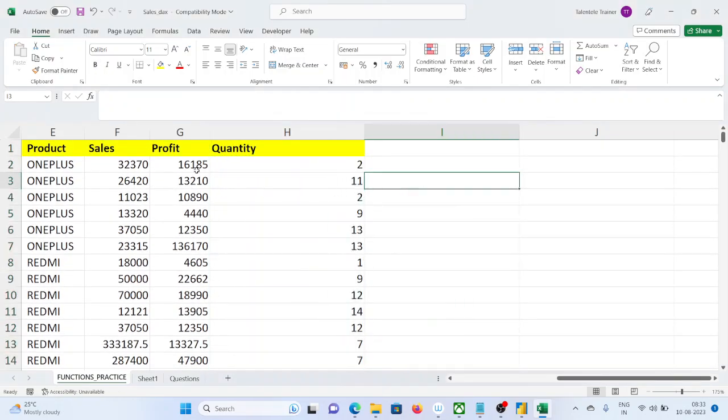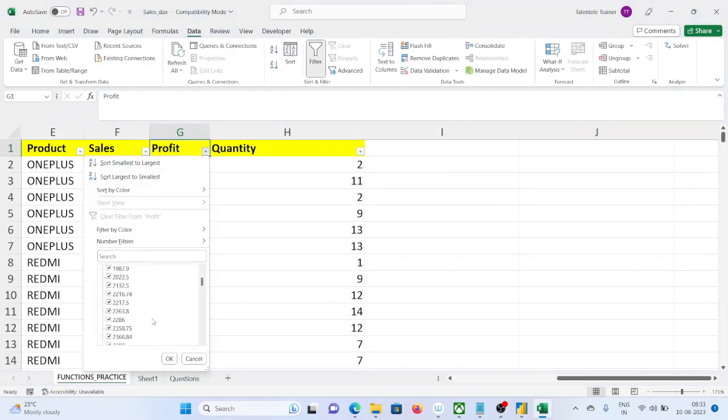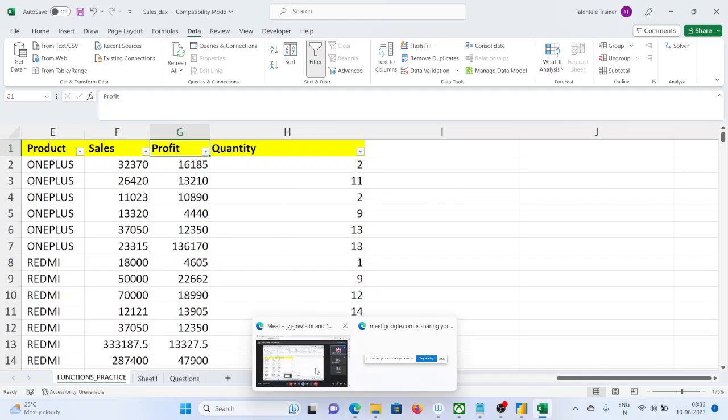Okay, so filter it. You will not be able to see any negative numbers. No negative numbers, everything removed. Because by using the absolute function, see,